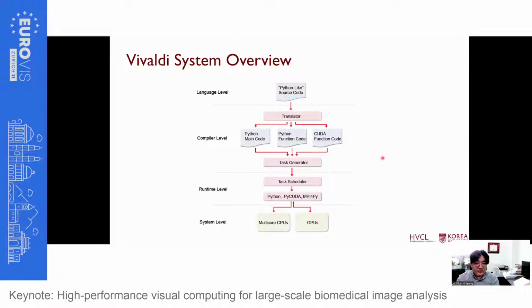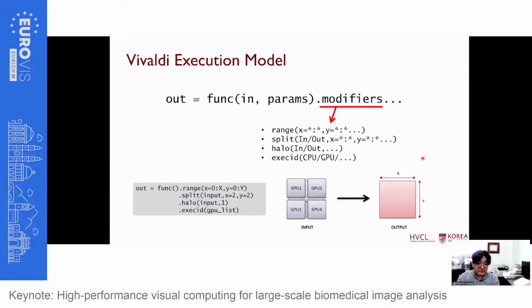So the idea is that we have a Python-like code, then the system can translate and decompose it into either main function, domain-specific function, or CUDA function, and basically generate different code, and a task scheduler is distributing these tasks. Basically, the system is handling this. So I'm just briefly skimming over these details, right? They are all in the paper. So this is the execution model where we add these to extend so that we can add some functions, right?